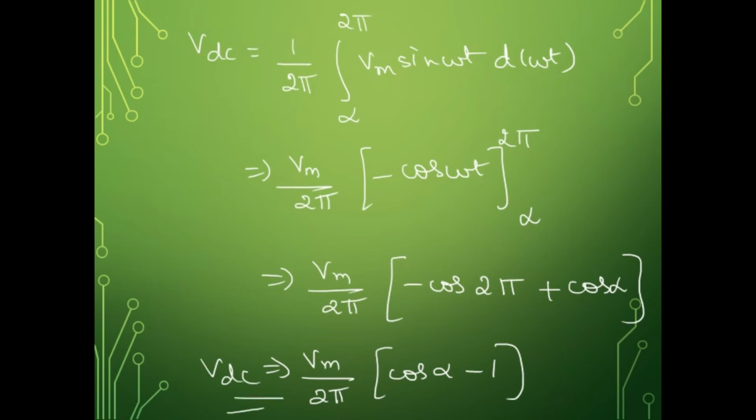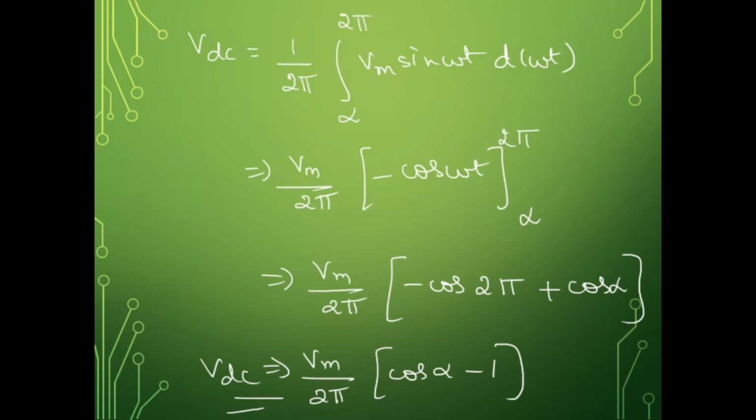So I can observe that the average value of the output voltage also depends on the firing angle. When you compare this with the on-off control technique, there your output voltage as well as the output current depends on the duty cycle, that is how many cycles the thyristor is connected to the load and how many cycles the thyristor is disconnected from the load. But here it is not depending on that, it depends upon the firing angle.